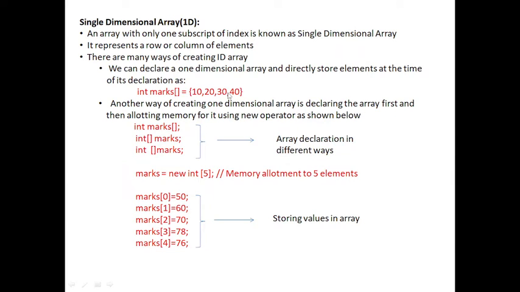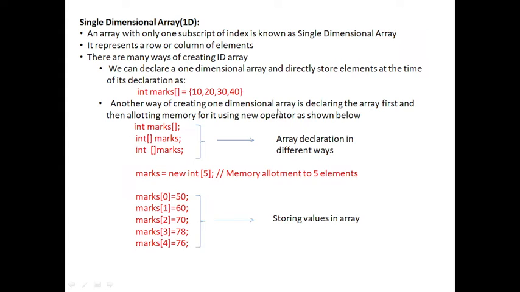Right? So in this way, with this single statement, declaration of the array is done, initialization of elements is done, and instantiation, that is memory allotment, the size of the array, is also done here. The capacity, the size of this array is 4. It depends on the number of elements we assigned here. So if you assign 10 elements here, then the size of this array is 10. This is one way of declaring the array. Right? So next,